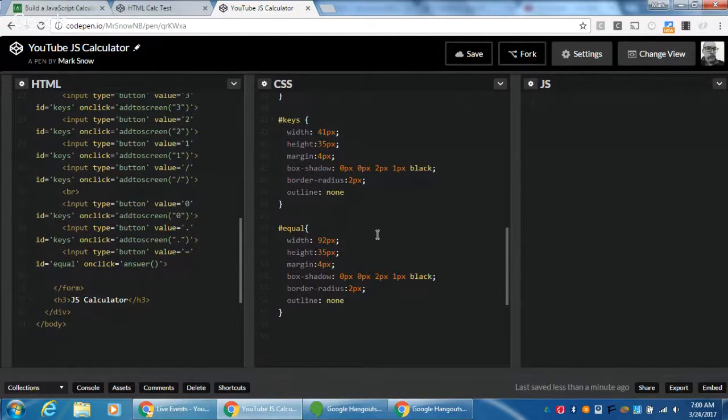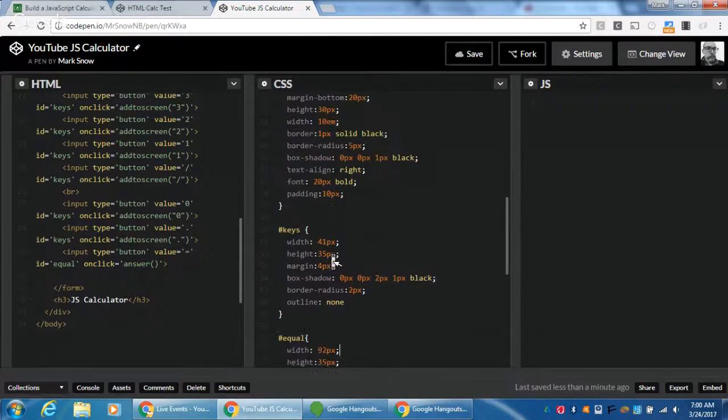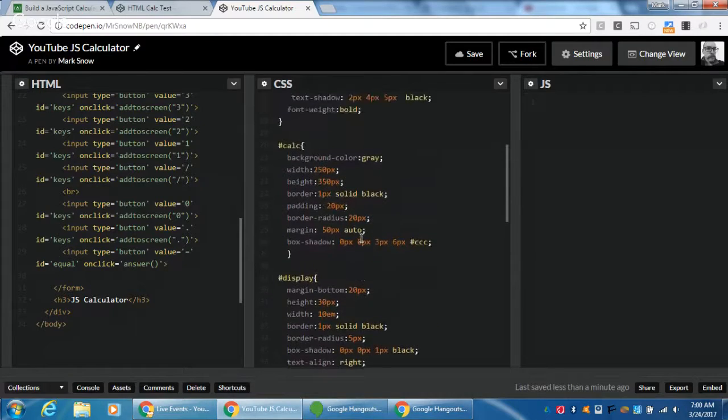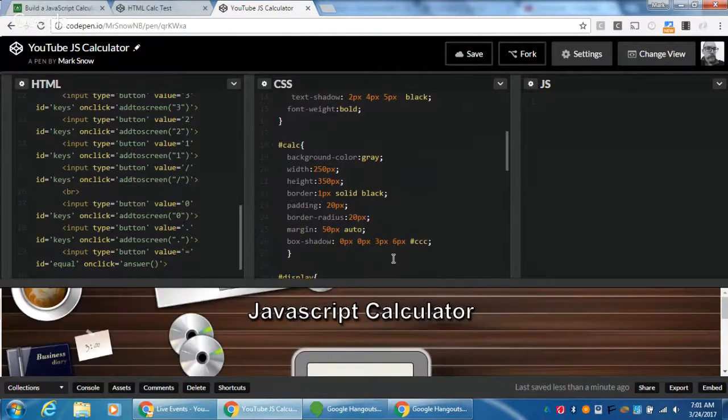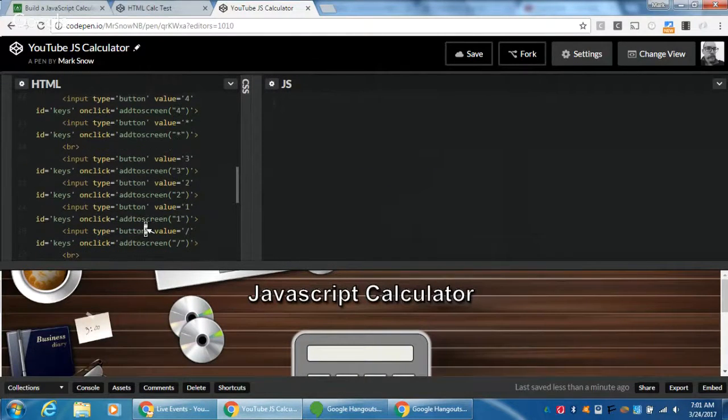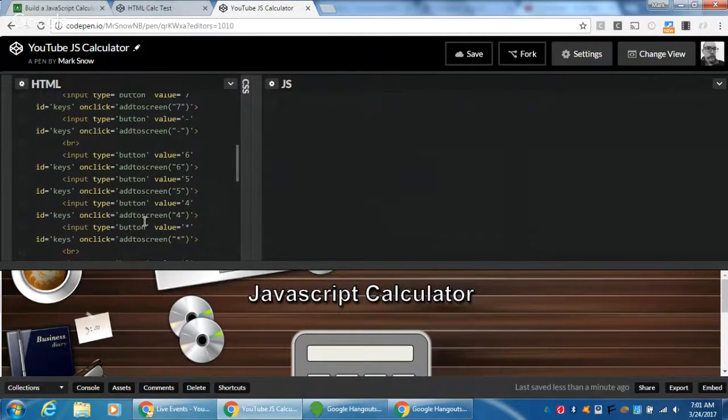What we really had to adjust is a little bit with the equal sign here and the display itself, and a little bit in the calculator. I just set it at 250 by 350. Okay, so that's that. I'm going to leave open some of the HTML here, because the HTML, notice